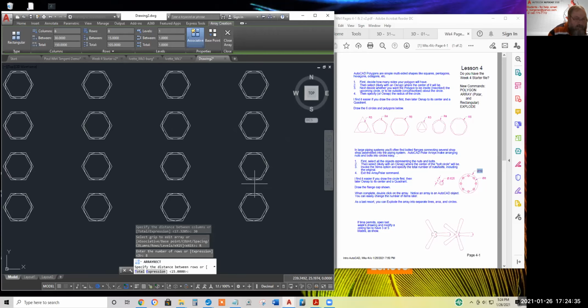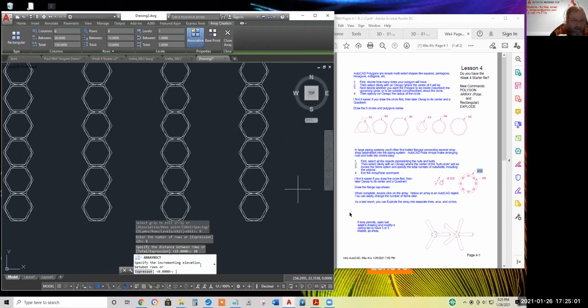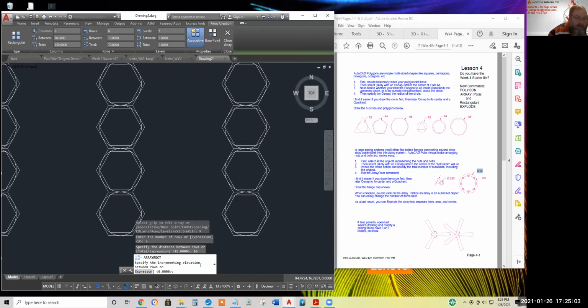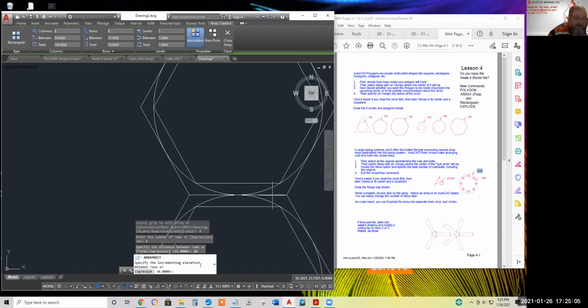Well, you really want to minimize real estate occupied, so we want to reduce the spacing. I think these are 17 apart, if I remember right. So half of that would put them, I'm just going to take a guess here at, say 10. They might overlap. Nope. Purely coincidental that they,